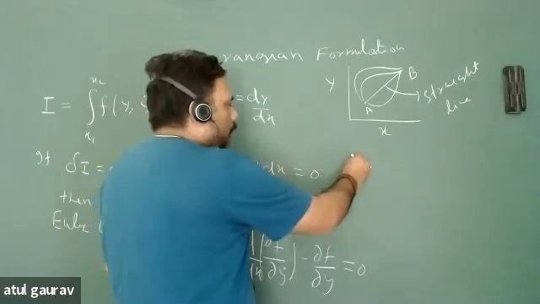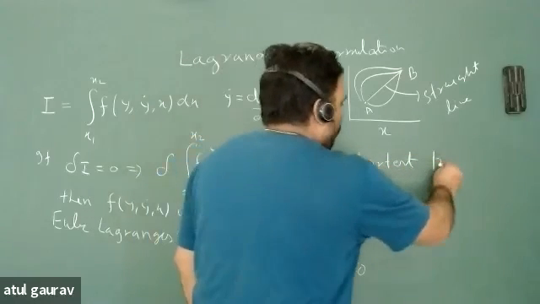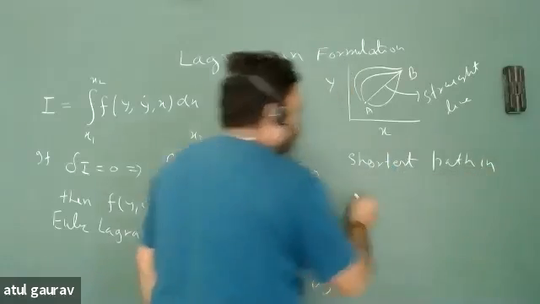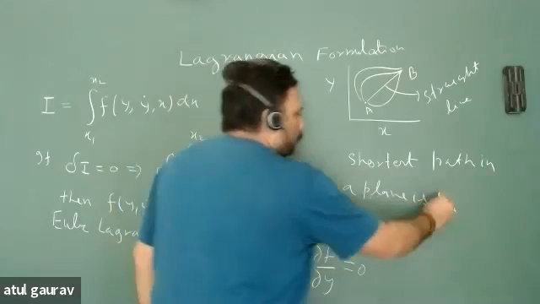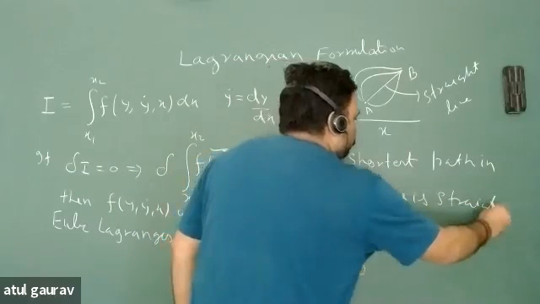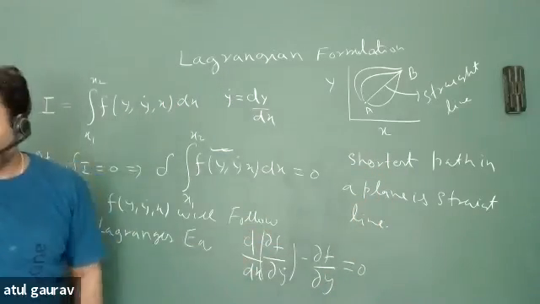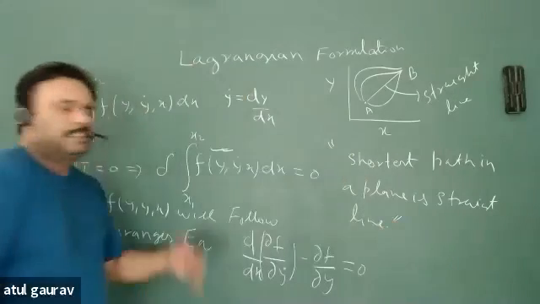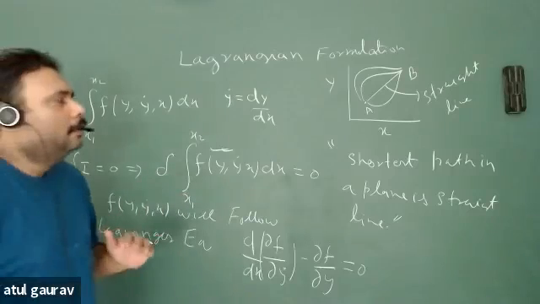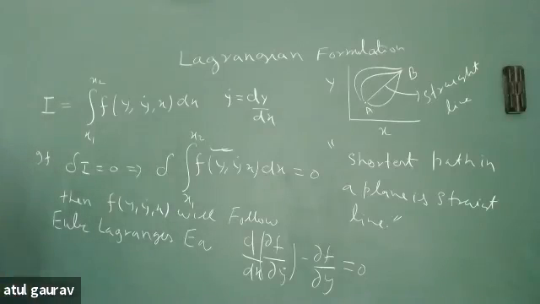So what do I need to prove? The shortest path in a plane is a straight line. Let's try to prove it. This is just a mathematical exercise, nothing to do with your examination, but yes, we should know what this actually is. So when we have this kind of situation,